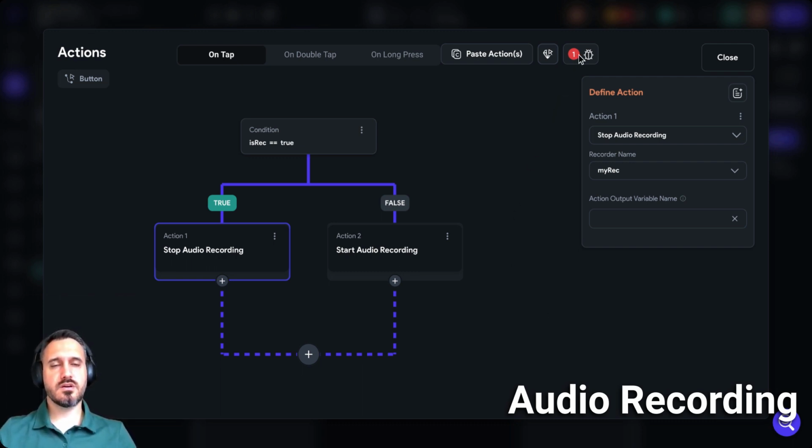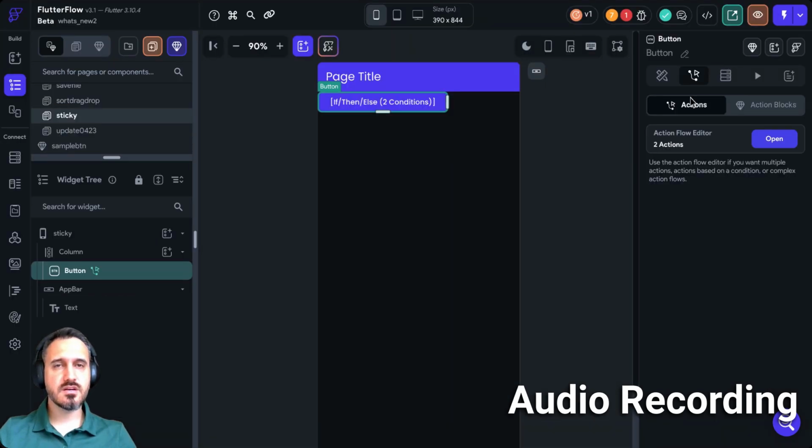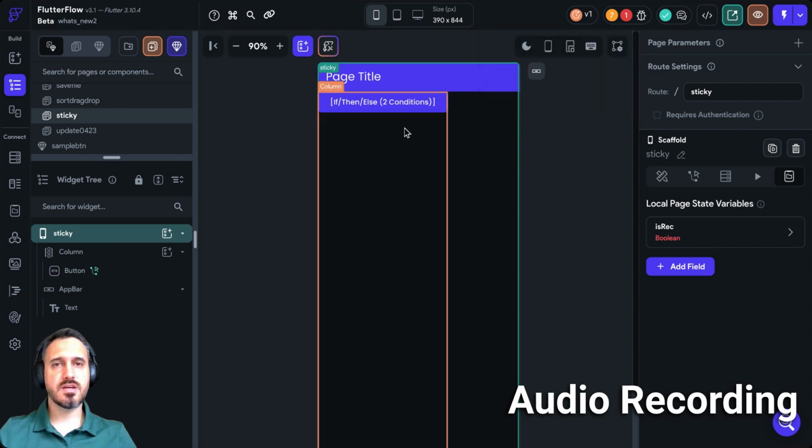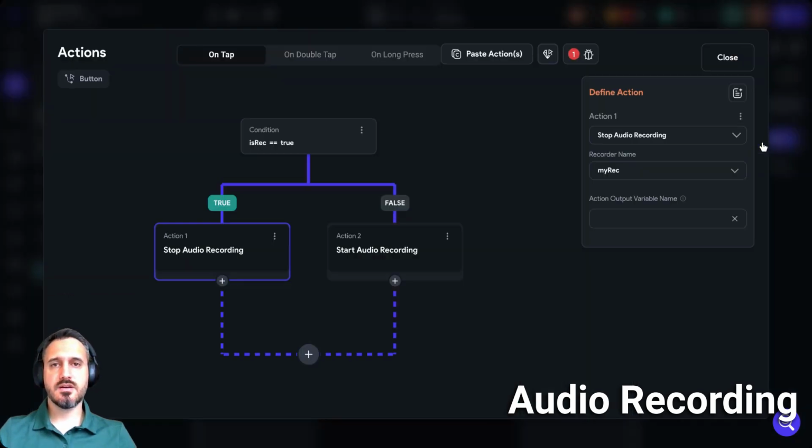So it should work. I have a bug over here, which unfortunately I cannot see. What is the bug I have? Okay, so: stop audio recording action missing output parameter name. Yeah, okay, that's a good issue actually. So we'll have the action output variable name. When we stop the recording, we will have the file, right? So let's say my